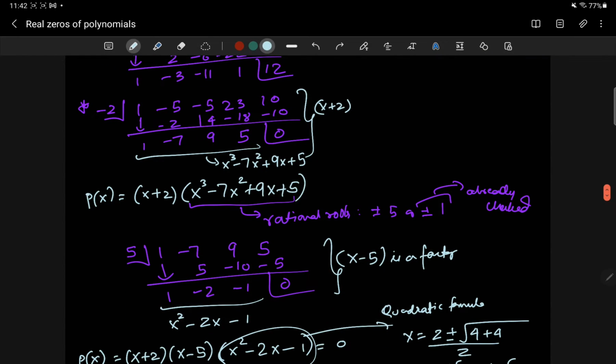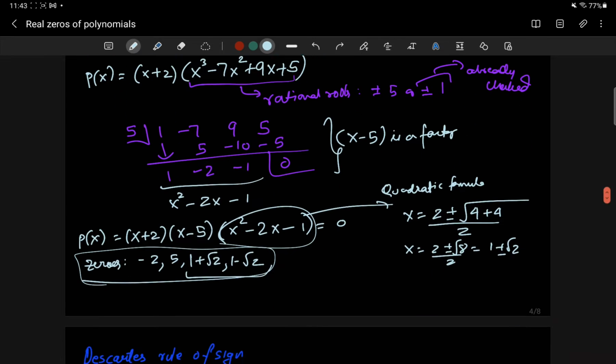Hi everyone, in this video we are going to continue learning about polynomials and how to derive information about their zeros. So far we have seen that some zeros are simple or nice, like they are whole numbers or rationals, and we saw how to find them. And then some zeros are not, like in this example